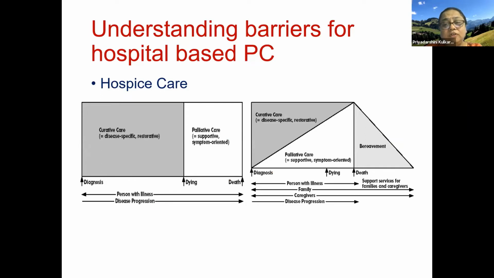They were stuck to this model and had not evolved to the new model, which has a larger sense of what palliative care can do. We can work right from the diagnosis with them, and we can work beyond the death of the patient. They were not trained, they were not ready to look for these things, and something needed to be changed. Parallelly, many things were happening nationally.